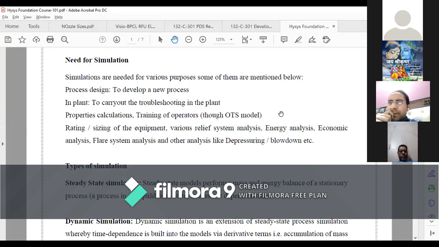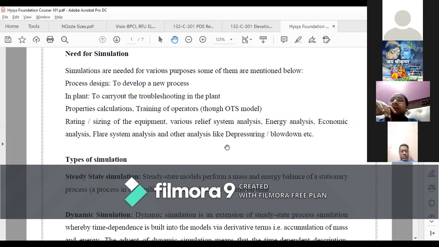Next is properties calculation and training of operators. Properties calculation means, sometimes, if you are working in an EPC firm, engineering, procurement, design, and construction firm, in these firms we are actually not simulating the entire plant or refinery, but we are required to calculate the properties of a stream.